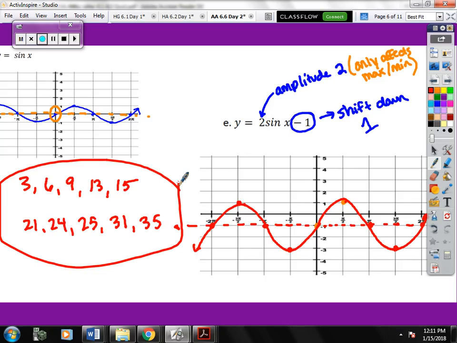Okay. And tomorrow we'll look at that cosine graph. Those of you that have early release, you can leave at